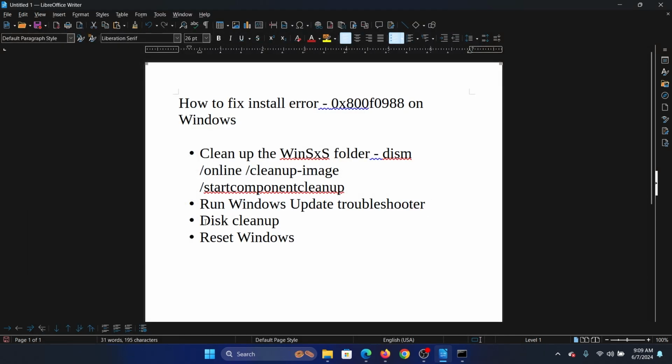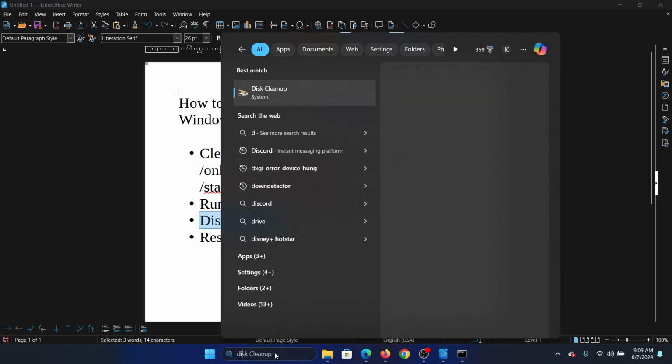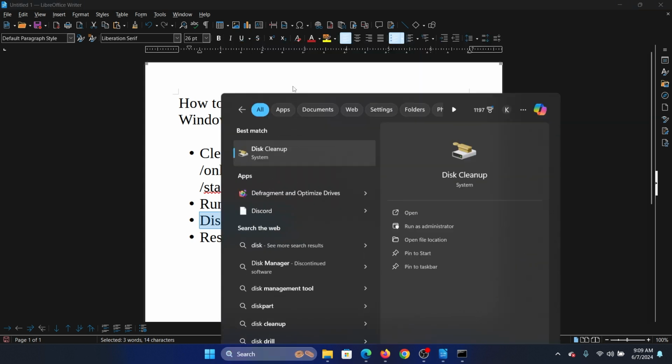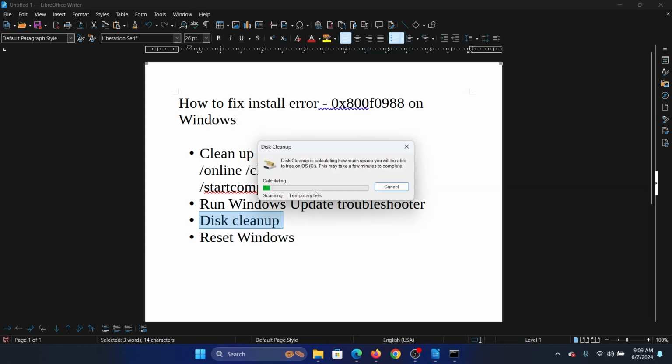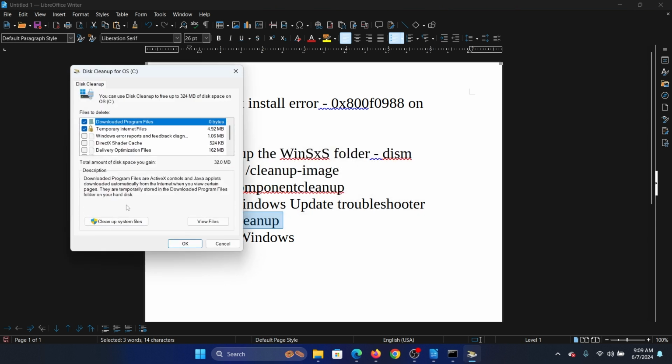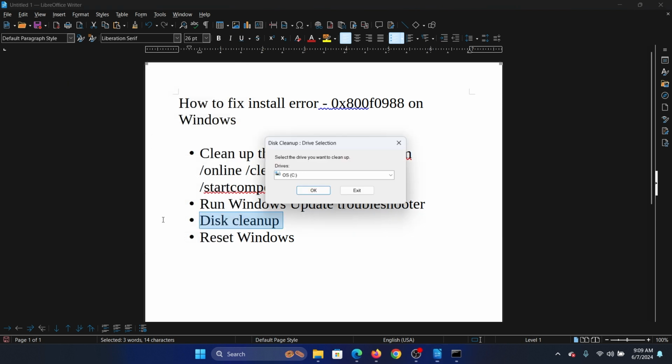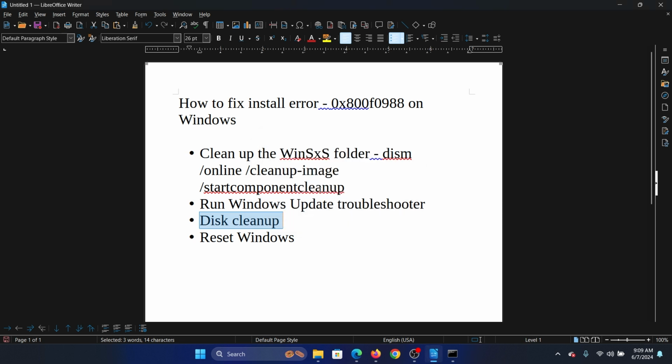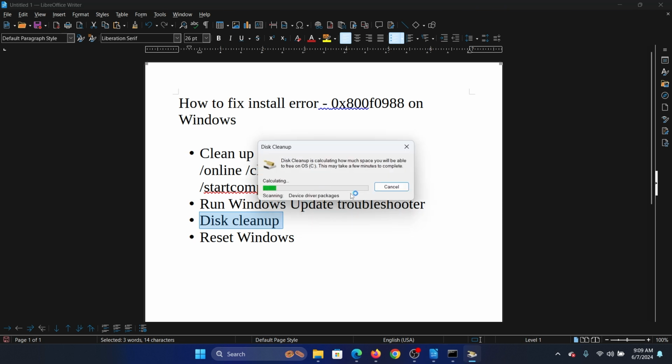The next solution is a disk cleanup. Search for disk cleanup in the Windows search bar and open disk cleanup. Click on OK. Now leave all the parts above here and click on clean up system files and then click on OK. Under the scanning section you'll find something called Windows Update Cleanup, and I'll tell you what Windows Update Cleanup means. It means that it will be clearing the SoftwareDistribution and the catroot2 folders. So once it clears this, we can proceed to the next step, and there is no next step, so the